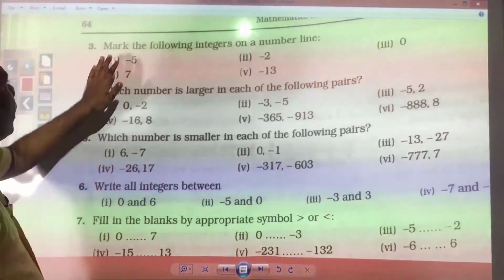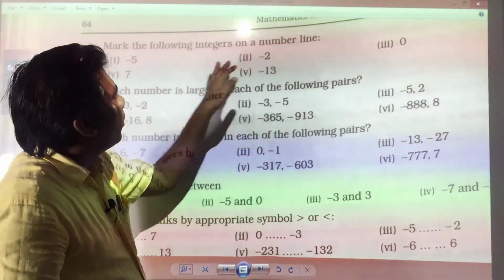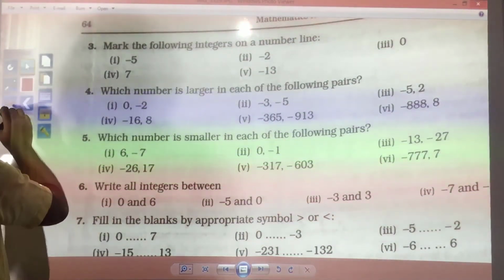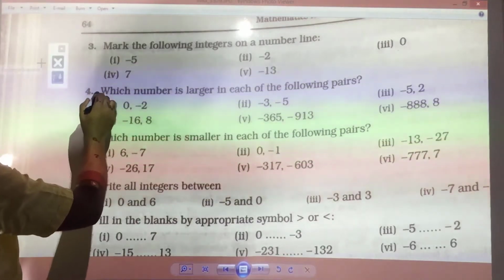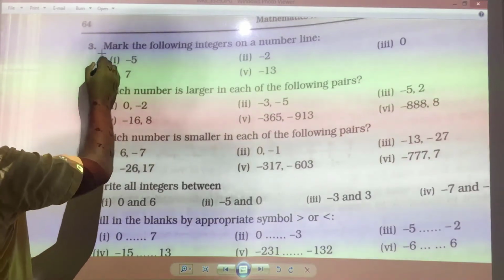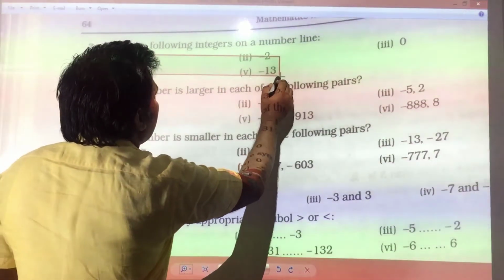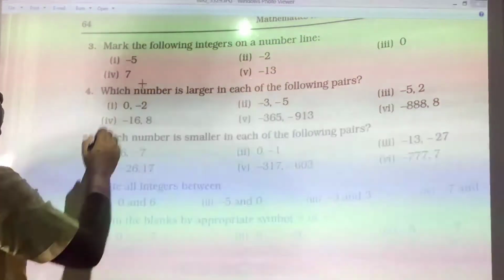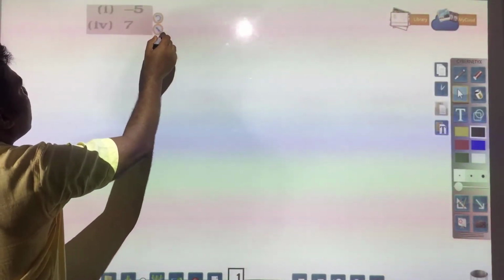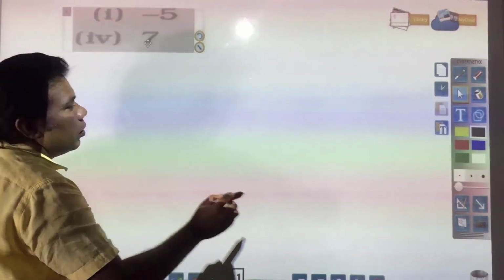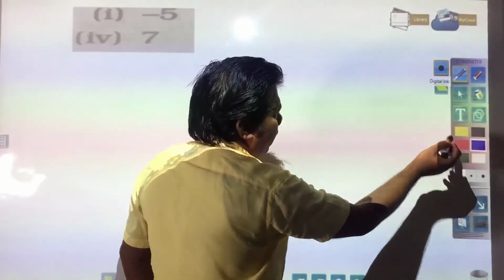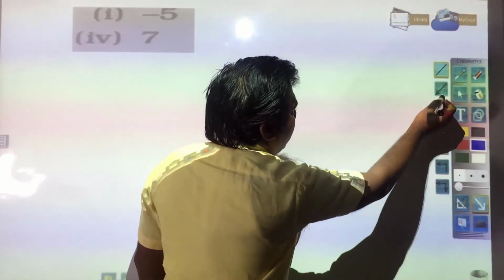Next you see, mark the following integers on a number line. On a number line it is required to be drawn. So, one question you see and the rest of the questions you will try to do by yourself. Suppose you take these 2 questions. What we need to do? We need to draw a number line first. So, draw a number line